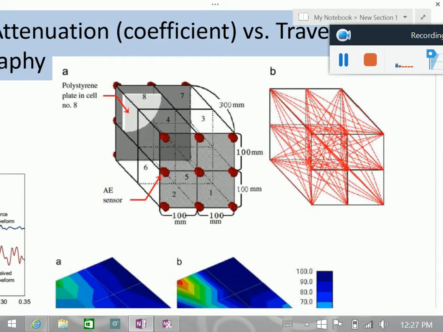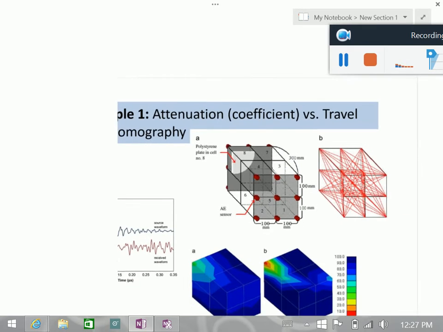There is even a parameter called ray density, the number of rays passing through a particular volume, that you can show as a map next to it, to give an estimate of how reliable your estimations are. Not every point has the same reliability. Now, these are